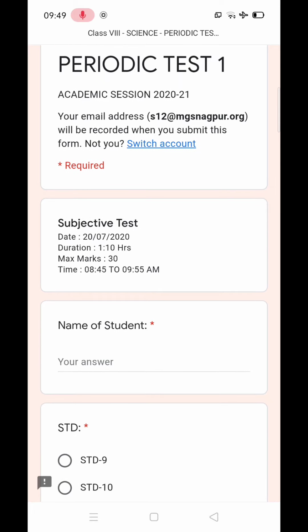Timing for this test is 1 hour and 10 minutes. I request you to kindly see the timings which you have already received on the WhatsApp group or through SCOIL, because time may vary for regular subjects and languages.